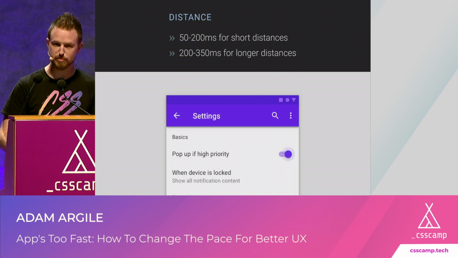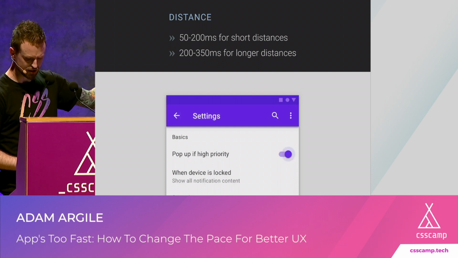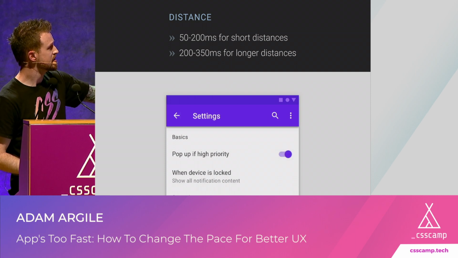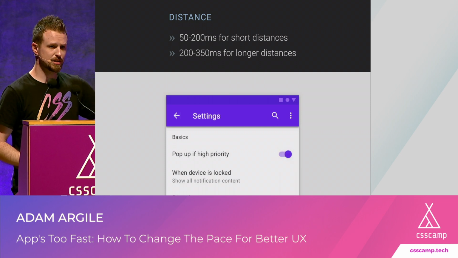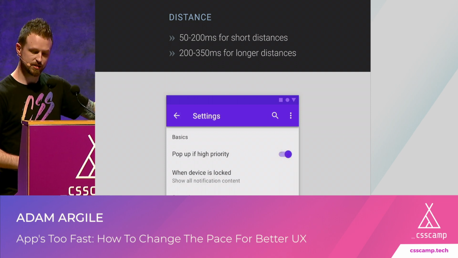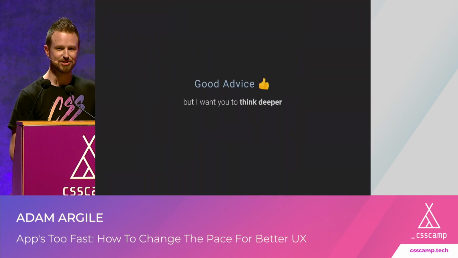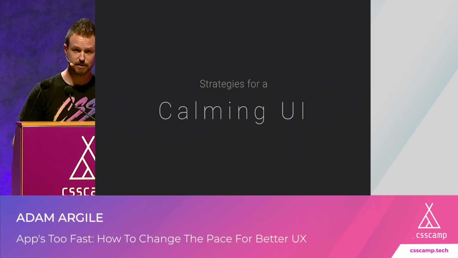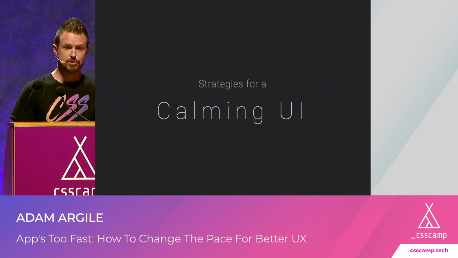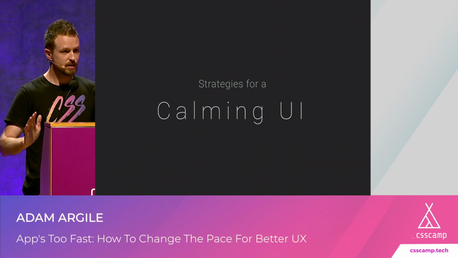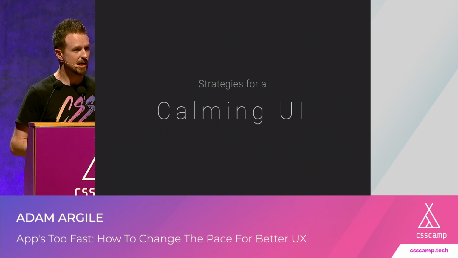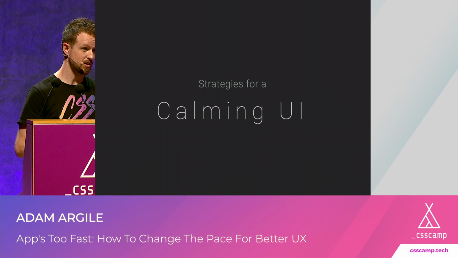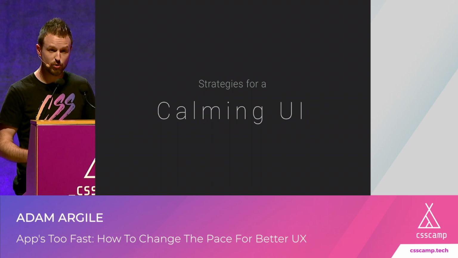So distance, very meaningful in the way that you animate. And I think in that switch scenario, I'm not getting anxiety from that. I don't need that to be a slow transition, right? So distance does make a difference here, especially in context. So anyway. Oh, look, I had a slide about how this is good advice. But I want you to think deeper. Those were 2019 CSS suggestions. So the rest of the talk is going to be strategies and tactics for how we take these learnings and observations about the desire for something that's more orchestrated and soft and transition it into something that is more calming.